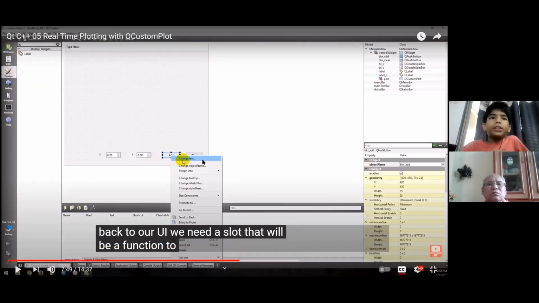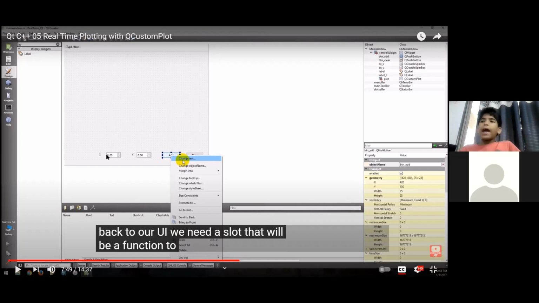So here what he's doing is he's adding two text boxes, and this is a double spin box, but it's just like a text box. Basically, then he has two buttons. In these two text boxes, he gives the x and y value.